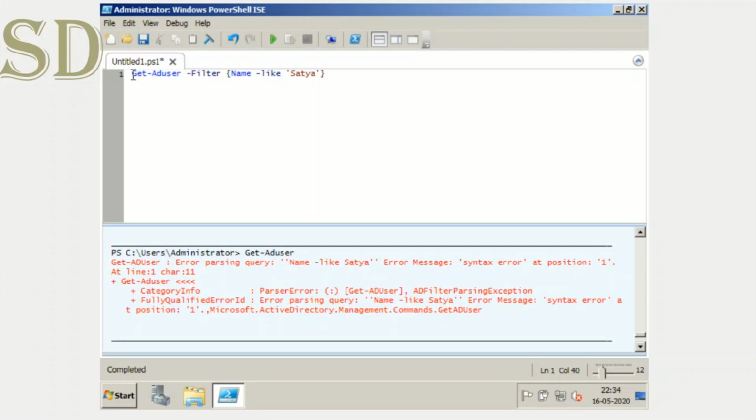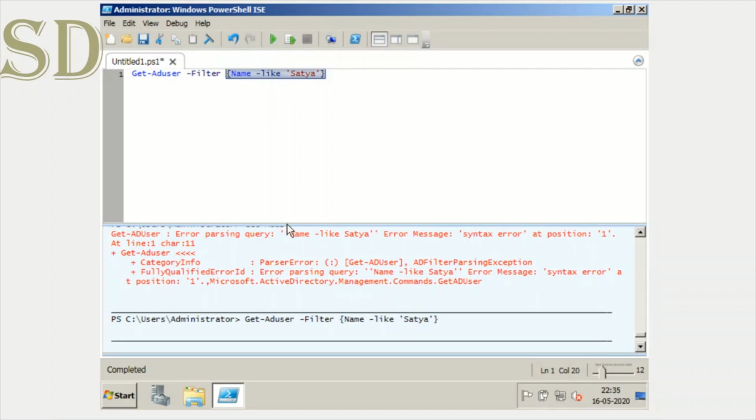So I have just typed the command which will get any account whose name matches this string, which is Satya over here. So let's run this command. So there is no account which is like that. So let me type another keyword.